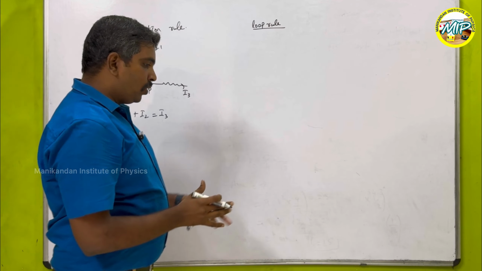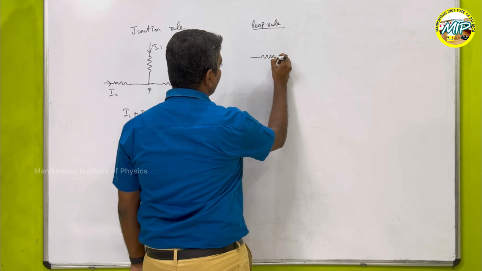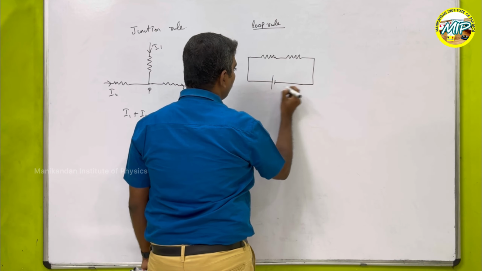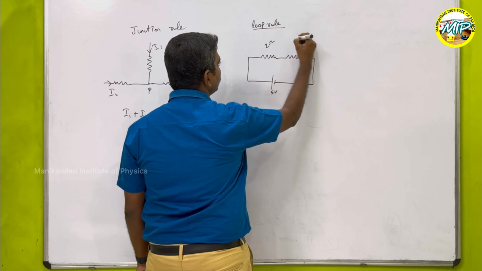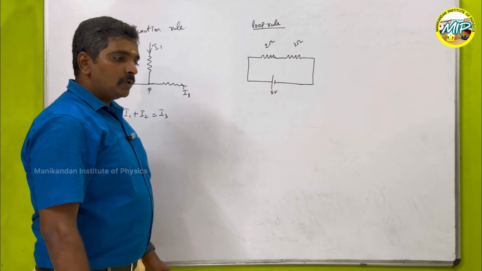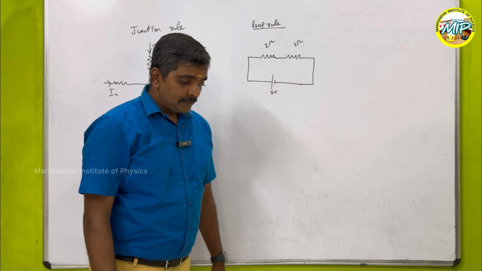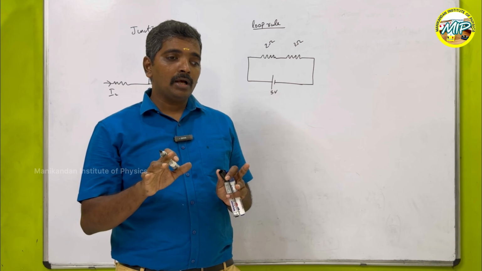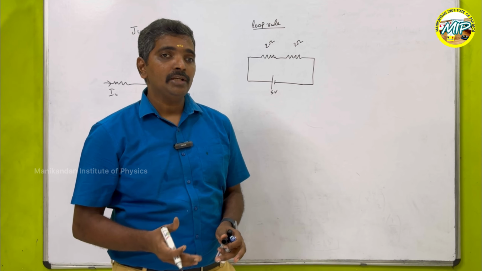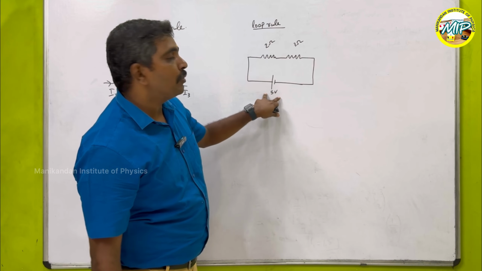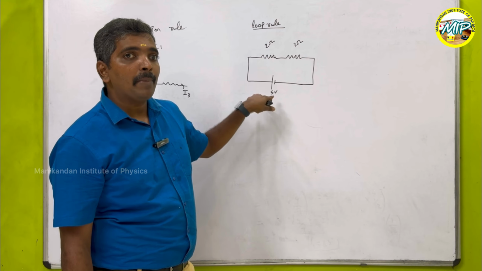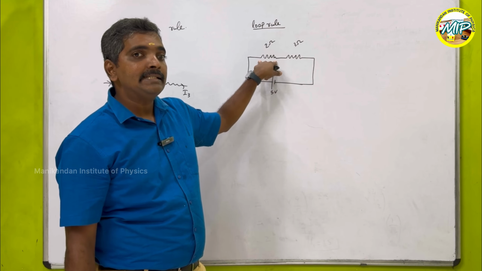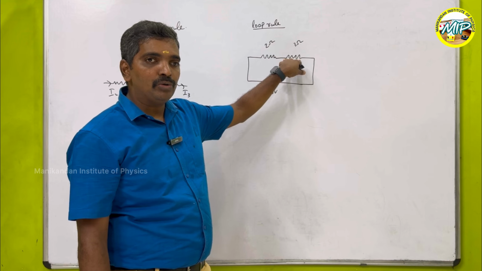I am going to consider a loop with two resistors. It's connected with a cell of EMF 5 volt. This is 2 ohm and this is 3 ohm. What my Kirchhoff loop rule says is that the algebraic sum of the potential drop around any closed loop is going to be 0. So listen carefully. Whatever potential I applied here, this potential should drop across this resistor and this resistor. So the potential drop across this resistor plus the potential drop across this resistor is equal to my applied